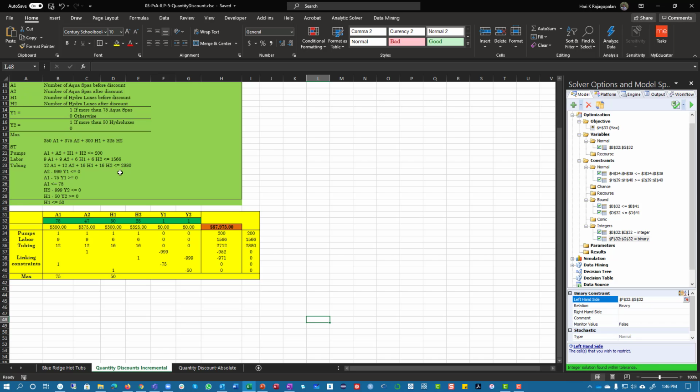And because there is no y in the objective function, the coefficients are 0. If you don't have a variable, the coefficients automatically become 0. And you can see it's pretty much set up exactly the same way as the model. You guys should be comfortable with it by now. Okay, and here are the linking constraints, where you can look at the model and then fix them. It's pretty easy to set up and do. Okay, so take a look at this, and then we will move on to the absolute